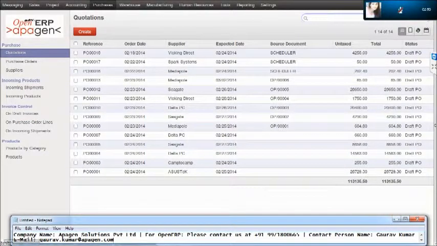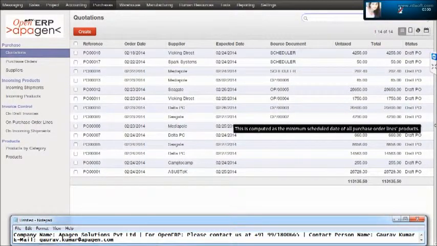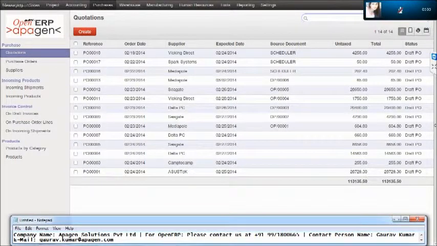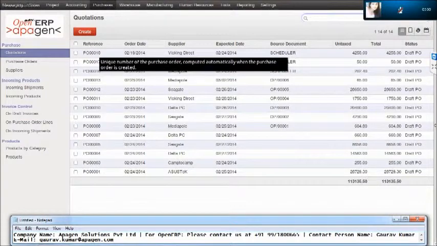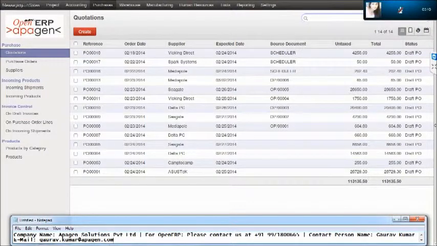The quotation here means the RFQ, that is request for quotation, unlike what you have seen in the sales department. Right now you are viewing the list view of the quotations, which comprises various columns like reference, which is automatically generated while creating the purchase order, the order date, supplier, expected date of that particular RFQ, source document, untaxed amount, its total amount and the status of the particular quotation. To create the quotation, just click the create button